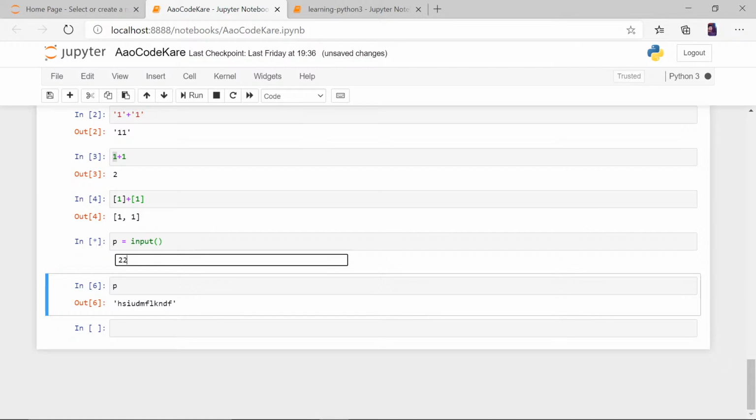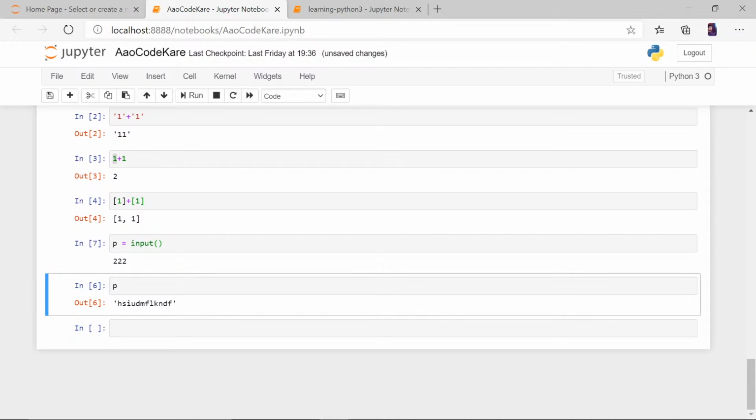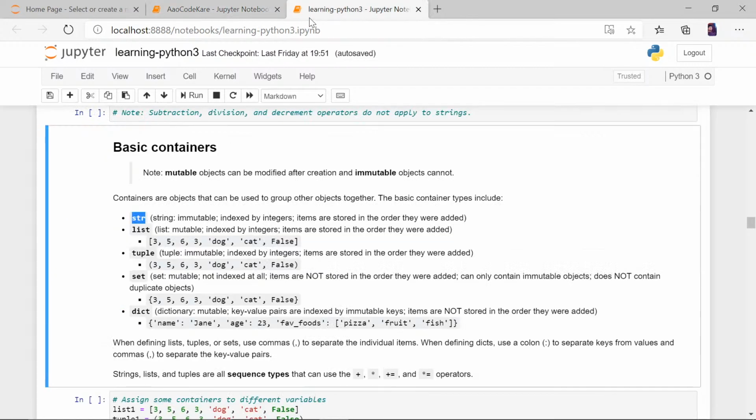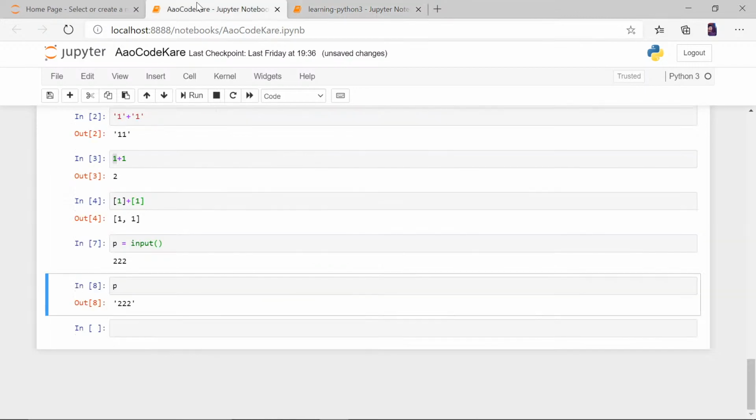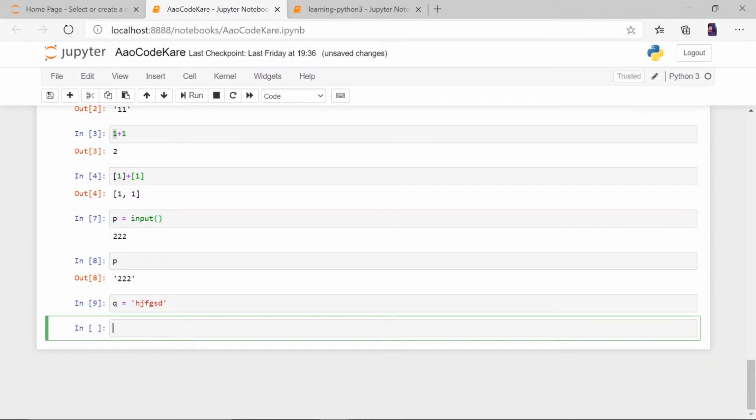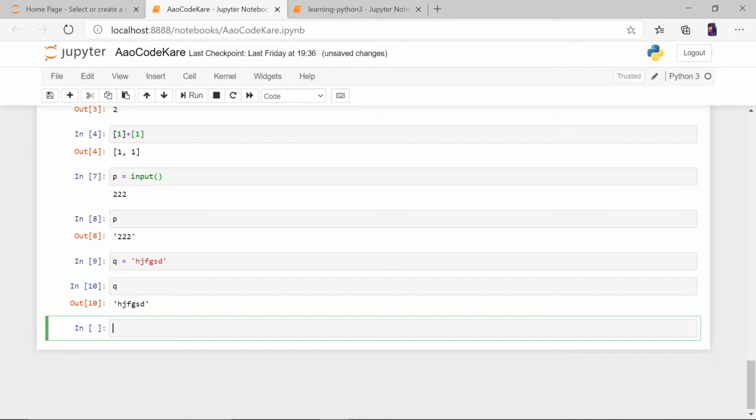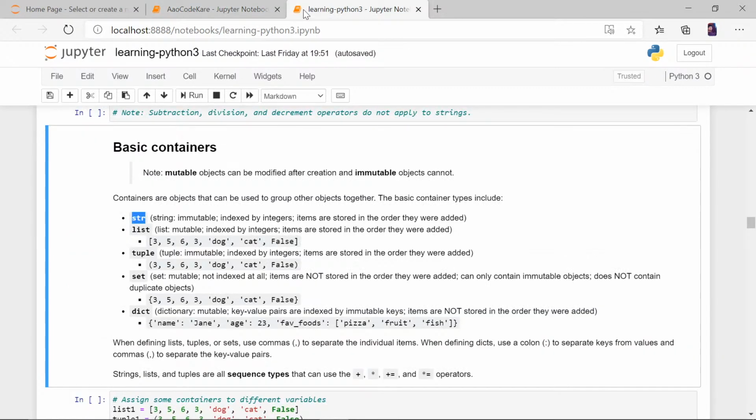If I put a number here with colons on both sides, that's what a string is: anything that is in input, or anything that you write by putting colons around it.